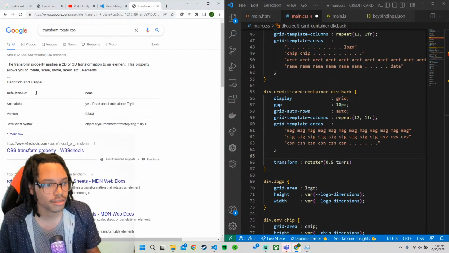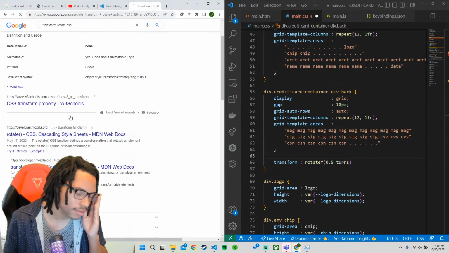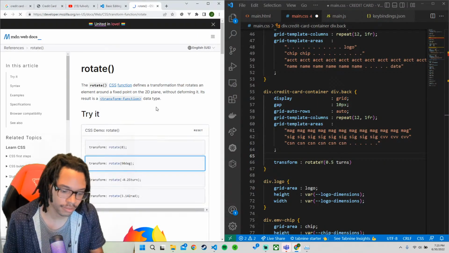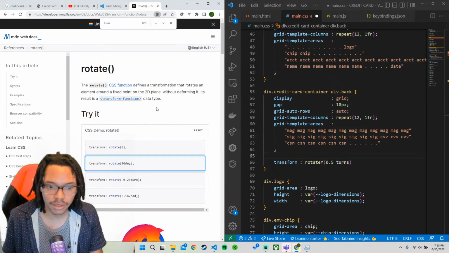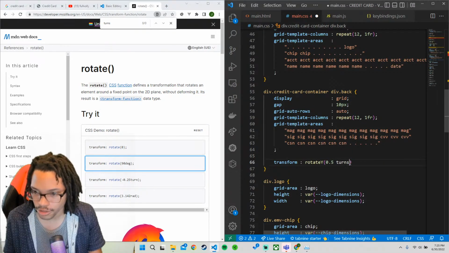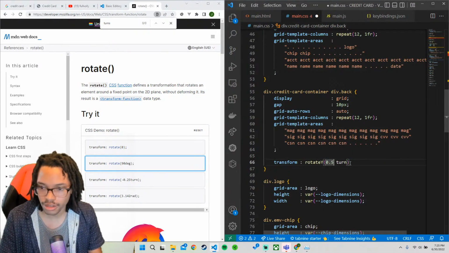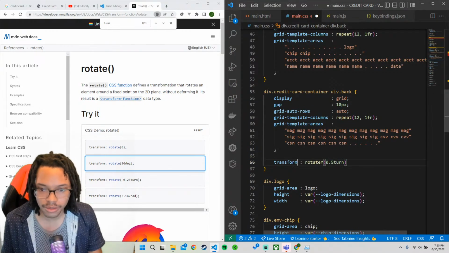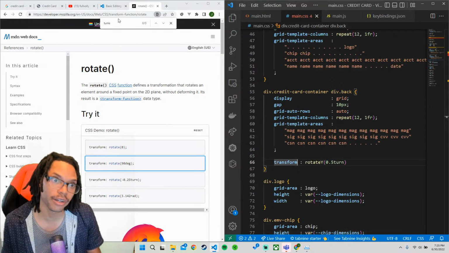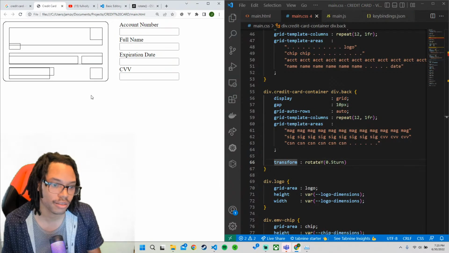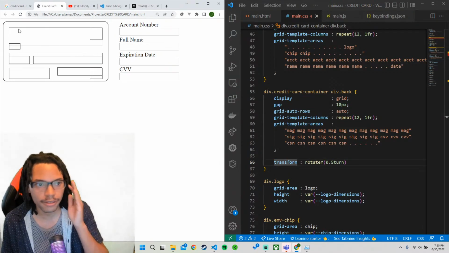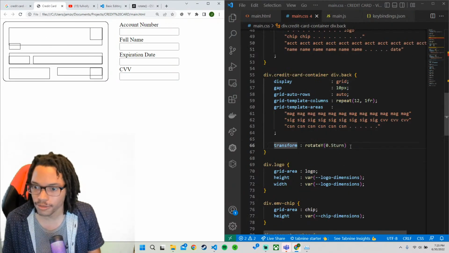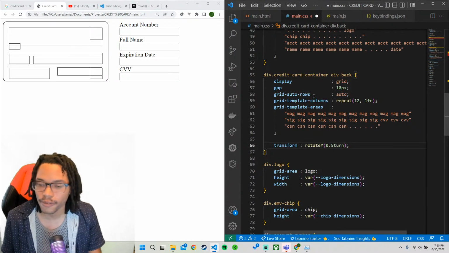CSS. Yep, it's turns. Alright, cool. I think that may be right. It's been a minute. Alright, refresh. Yep, it's flipped. Alright, cool. It's flipped. So now we can say